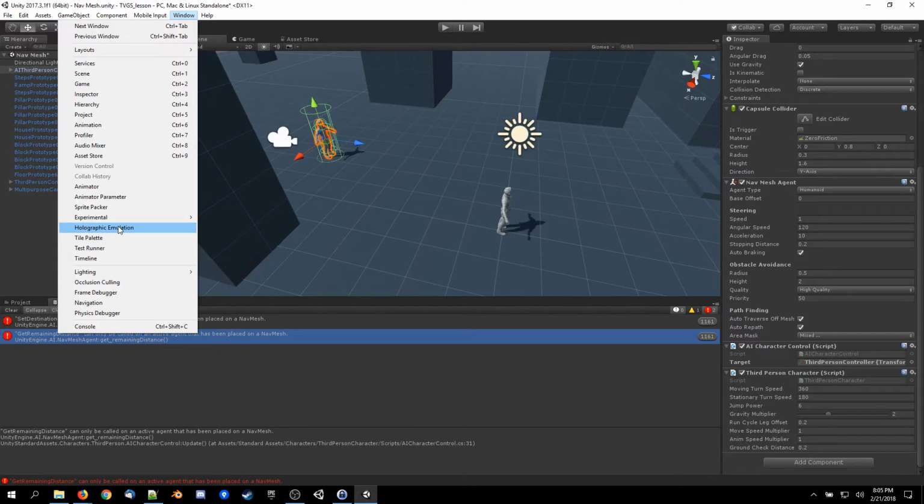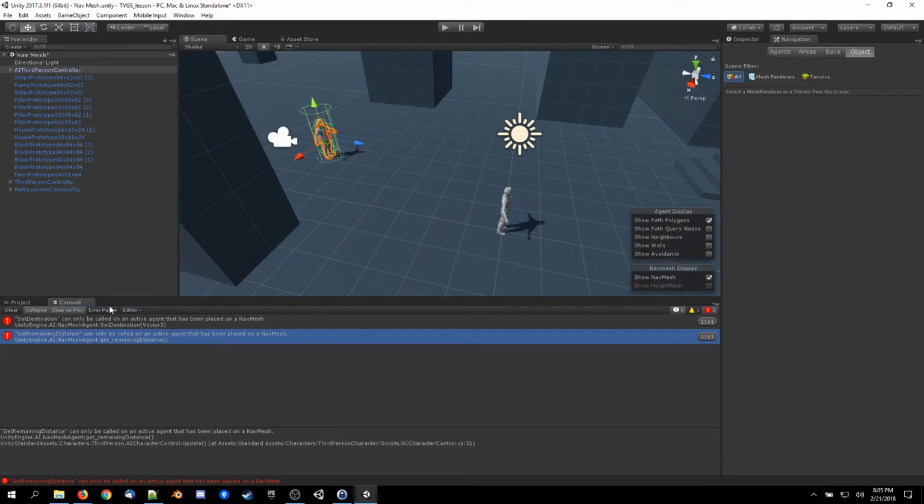Where is it? Navigation. Yep. So towards the bottom right here, there's navigation. And then up here on the right side, if you click on it, it'll give you a list of objects. Right now, if you set to all,